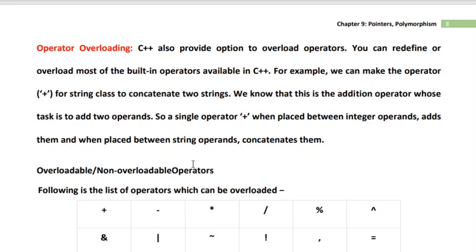In today's class, continuing from the previous class, we will focus on another type of overloading that is called operator overloading. Operator overloading allows you to associate multiple operations with the same operator. C++ also provides an option to overload operators. So you can redefine or overload most of the built-in operators that are available in